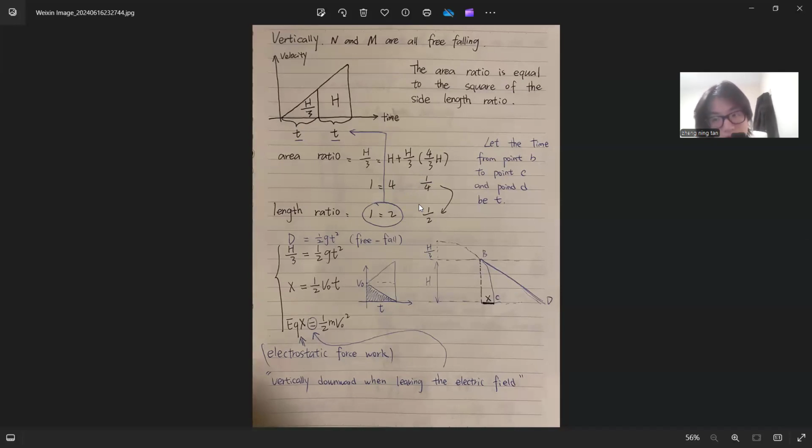For the third question, we can start with an interesting fact. In the image, we can base it on the area ratio being equal to the square of the side length ratio to prove that